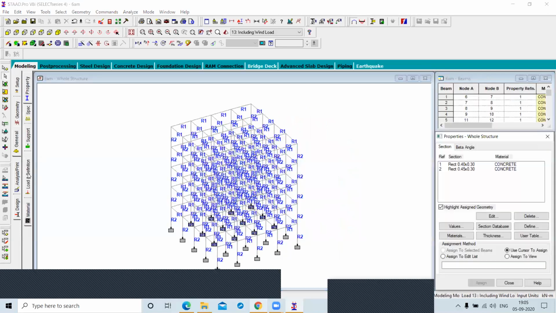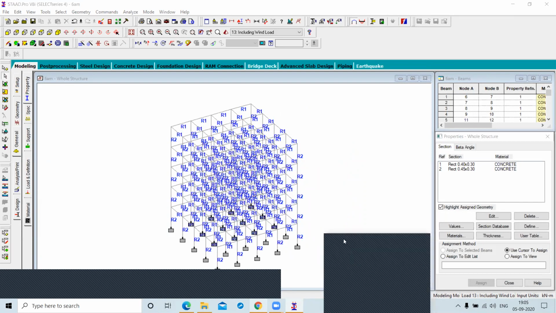We have studied four types of loads, right? Now the one remaining is the seismic load. But there is a problem with the seismic load.